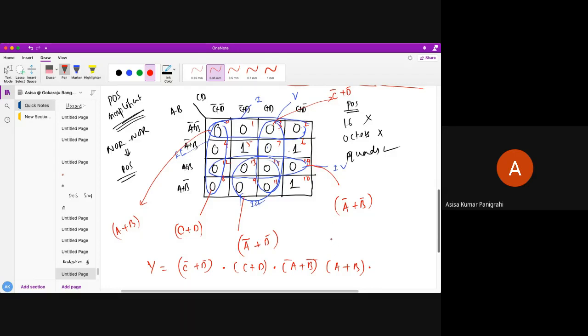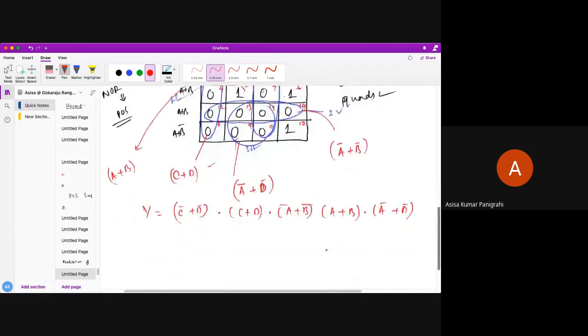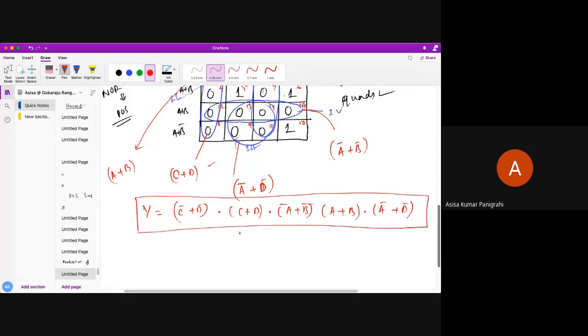Okay, so anything else? These are the terms. C or D we got. Yes, we have represented C bar D bar. So from this, what did we get? A bar D bar. We have not expressed A bar D bar, so finally A bar D bar. So these are my 5 max terms, and this is my final POS form, which is the simplified POS, which needs to be realized using the NOR relation.